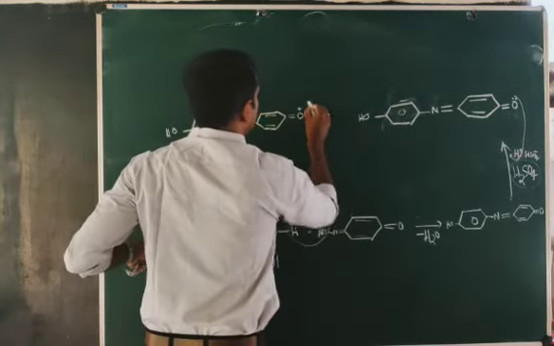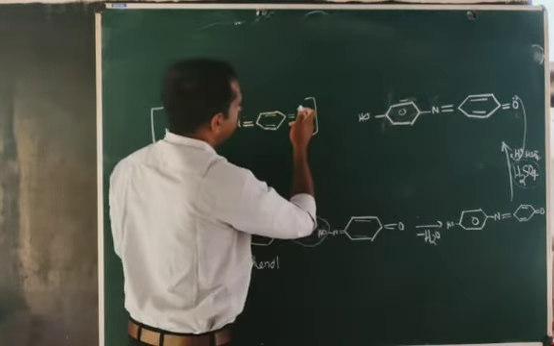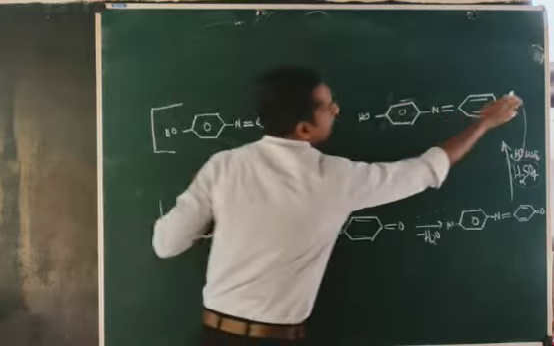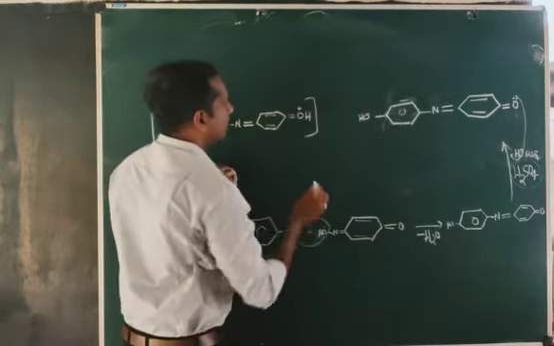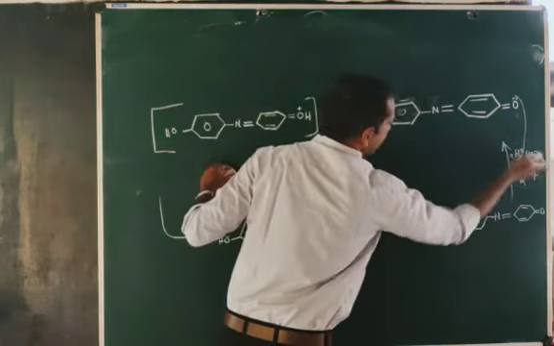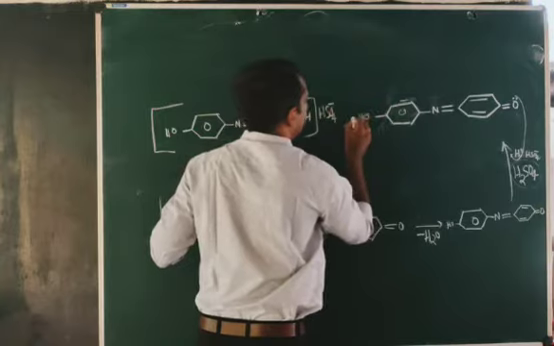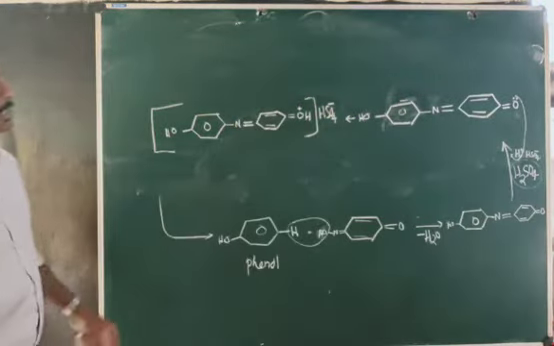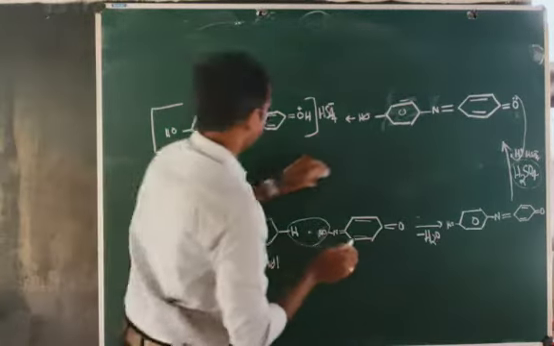And here, what is remaining? The lone pair is taking H plus, and since this lone pair is making a bond with H plus, the oxygen is getting a positive charge. And what is outside? HSO4 minus is outside. This way it will change into a salt. That means this is known as